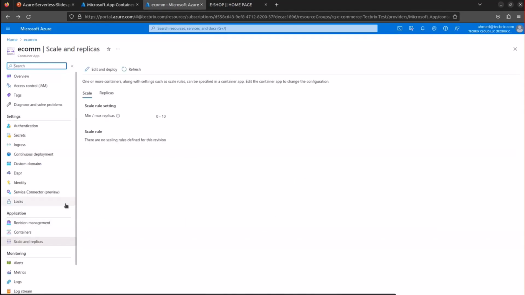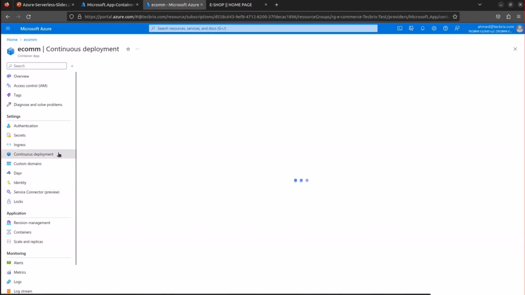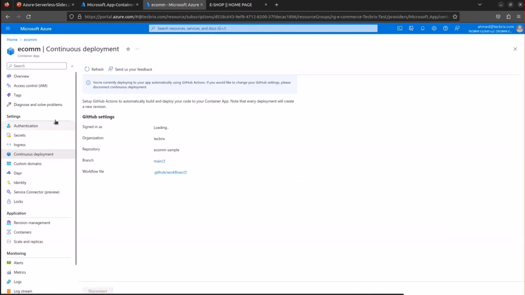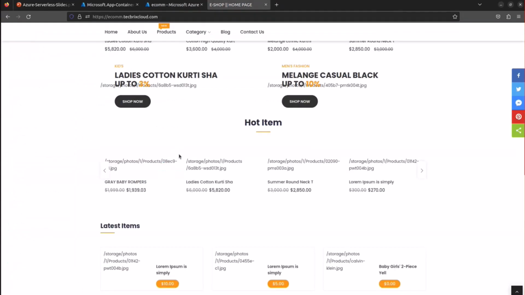We also have continuous deployment going on with Azure Container Apps. We will discuss that, hopefully, in the upcoming sessions. So let's come back to our